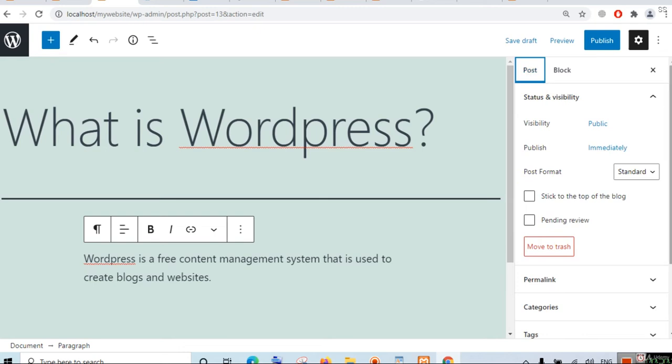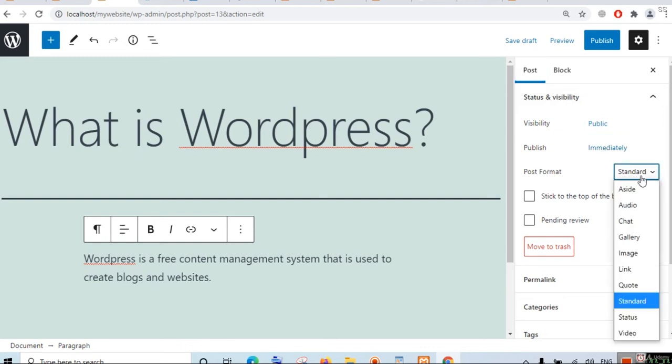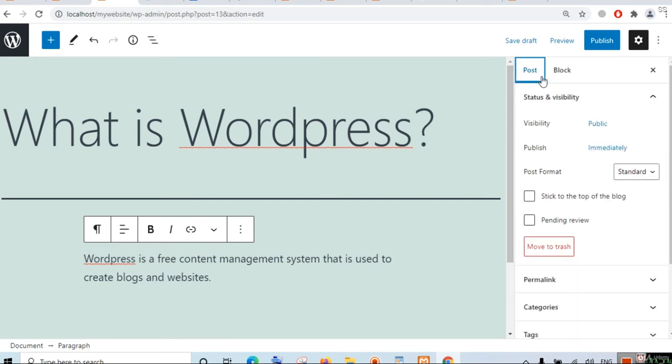So when you will go back to post, you will see the visibility option, the publish option, the post format option. So these are the different post formats. We have standard post format, status, video, link, quote, image, gallery, and so on. So this is a standard post format. We will deal with these post formats also one by one. And